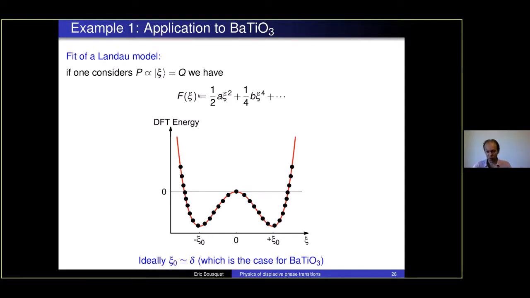It means that we can make this free energy expansion with respect to the eigenvector of the unstable modes. From the DFT calculation, you put different amplitudes of Xi, the black dots that are here. You compute all these black dots from DFT, then you fit an energy expression like that against them, and you find the double well. Ideally, the minimum Xi0 you have here is what we have seen before for barium titanate. It corresponds to the final distortion you have in the ground state at the end.